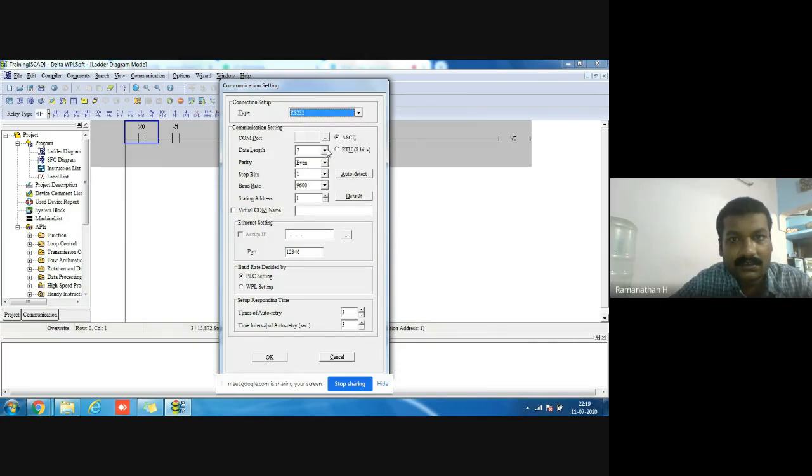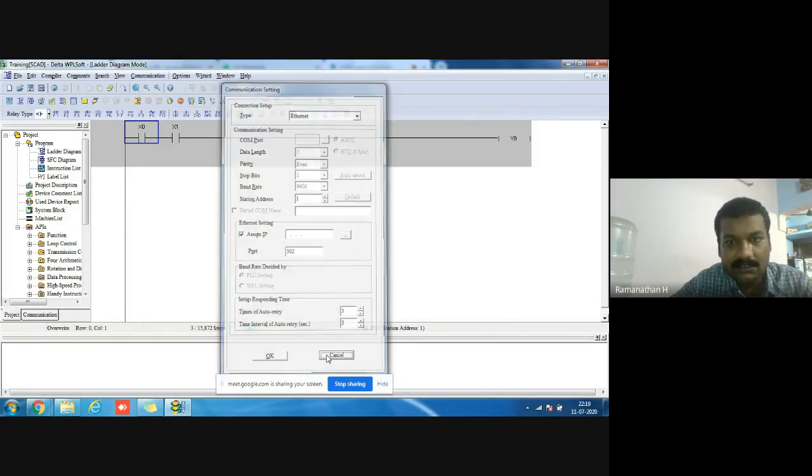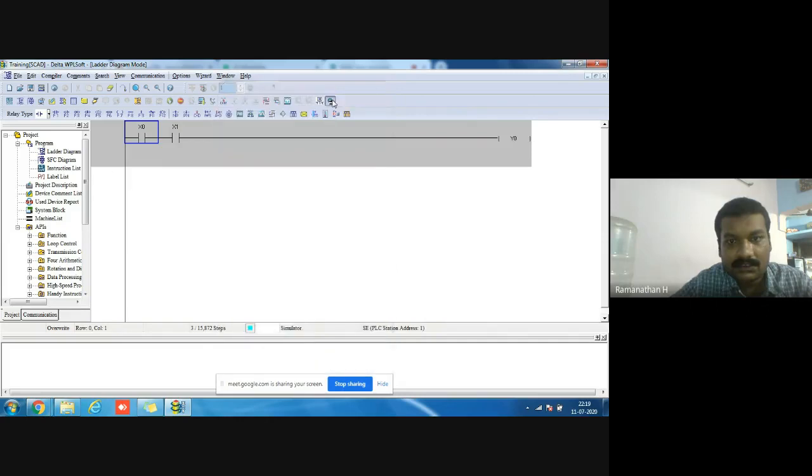If it is RS232, you give the data length, parity, stop bit, baud rate, and station address. Suppose you select Ethernet, then you just give the Ethernet IP address, simple as that. But we can't do this; we are doing only in simulator mode.